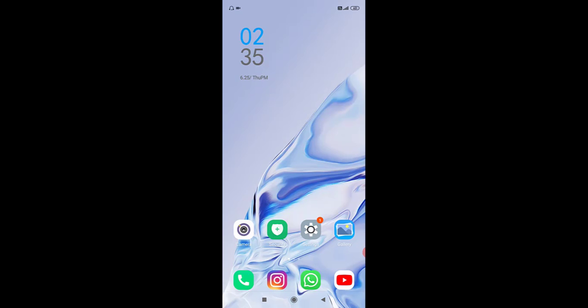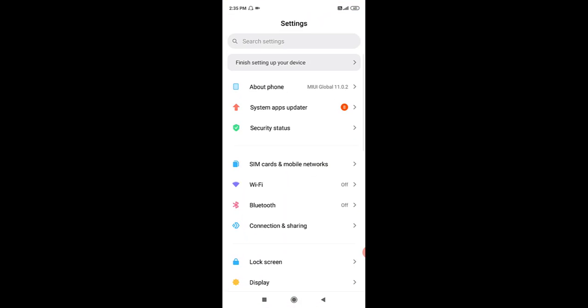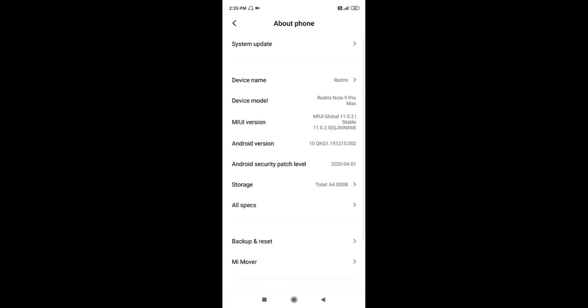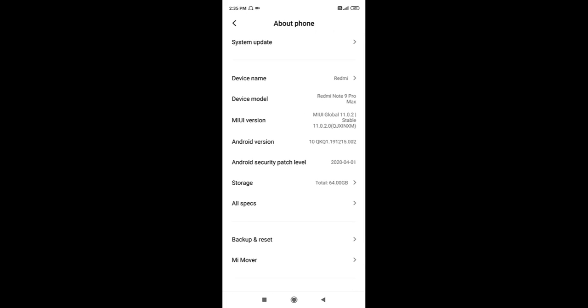But before that, you need to turn on USB debugging mode on your device. And if you don't know how to turn on USB debugging mode on your Android device, then let me show you. Go to Settings, then go to About phone, and here you can see your device version. I am using the MIUI version, so here it's showing MIUI. Just click 4 times on this, and after that it will show you are now in developer mode. You are now a developer.